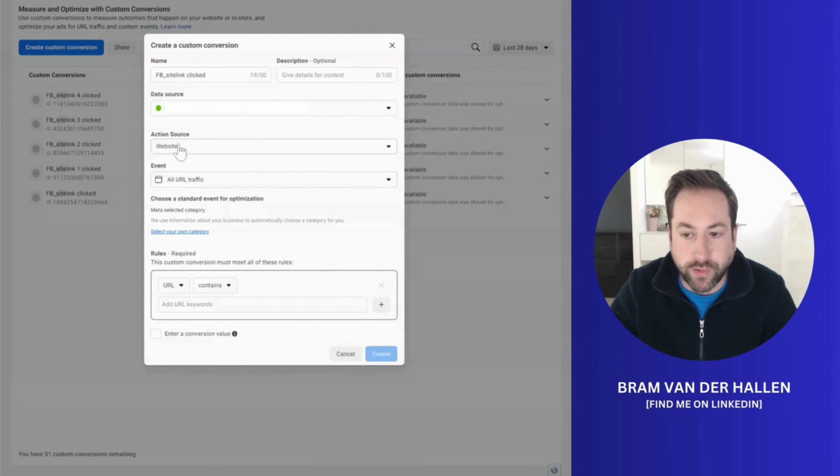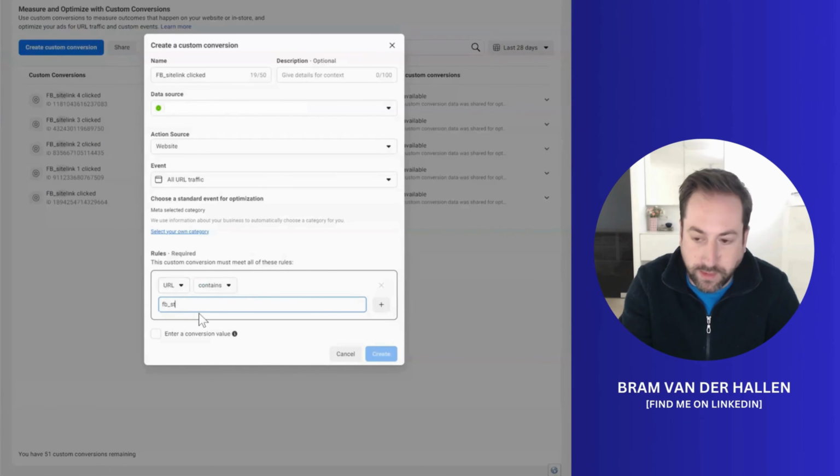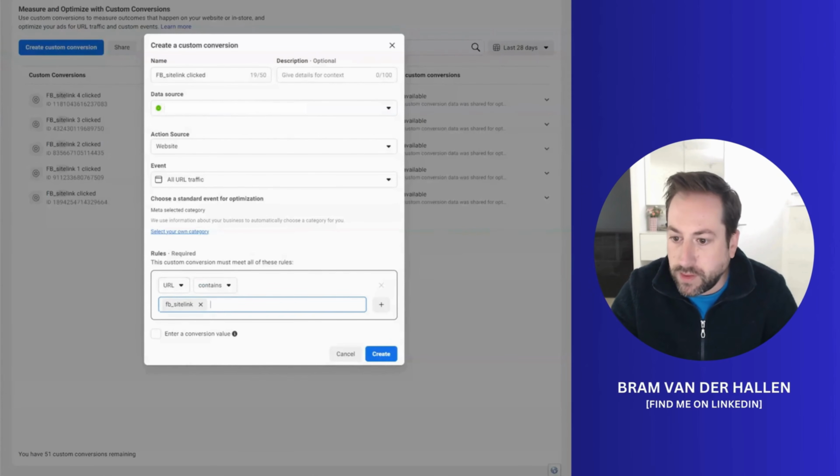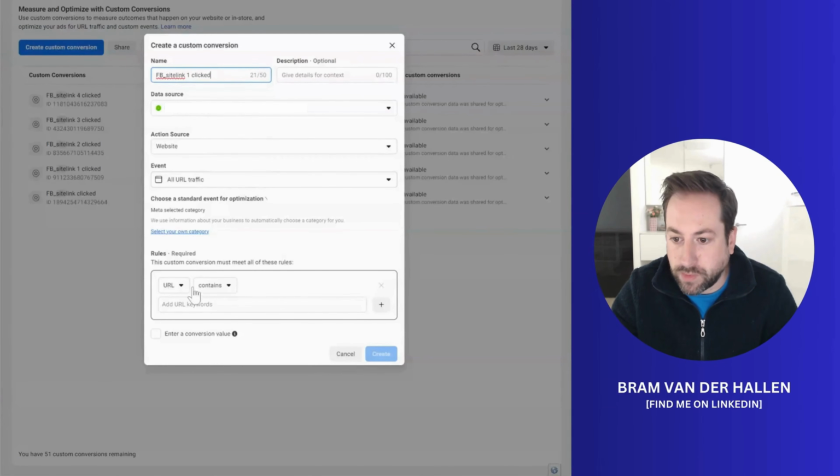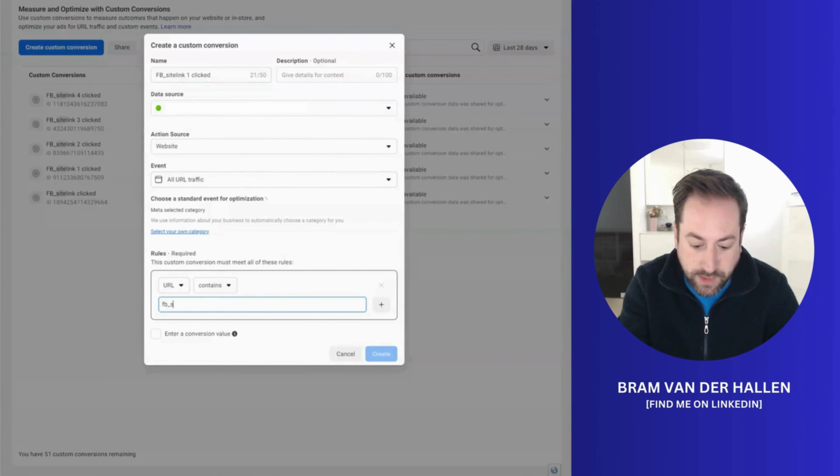Now, the action source is website. Let's keep it on all URL traffic. And let's add a new rule to filter URL contains FB site link. This way, it will only track page views where the FB site link parameter is present. If you want to track individual site links, you could create FB site link 1 clicked, and it's the same principle. So URL contains FB site link